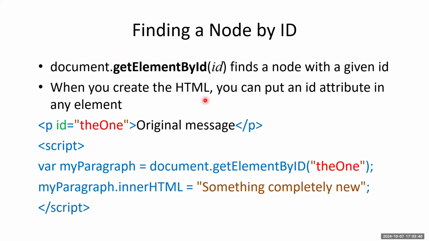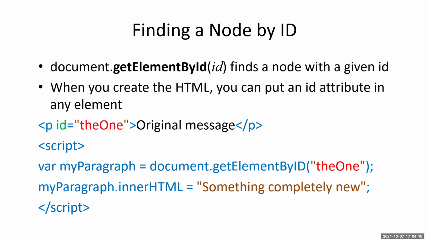The typical way you connect to an object on the web page is by putting an ID on it. When you create the web page, if you want to specify a particular paragraph and be able to do something in that paragraph, you give it an ID. Here I call it the one. This is the one you want. So you put the ID. And then later in the JavaScript, you can go get element by ID. It's document, get element by ID, and specify the name. So the name here is the ID. And that will return this object. This will return that paragraph object.